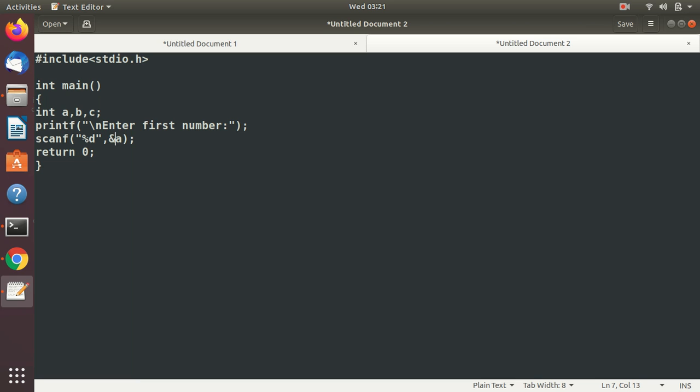Why it will take a garbage value will be a part of discussion of another video. For now, remember that whenever you are taking user input for any numerical data types, that deal with numbers, you have to use this thing, ampersand. So if I am taking the value of a, here I have written ampersand a,